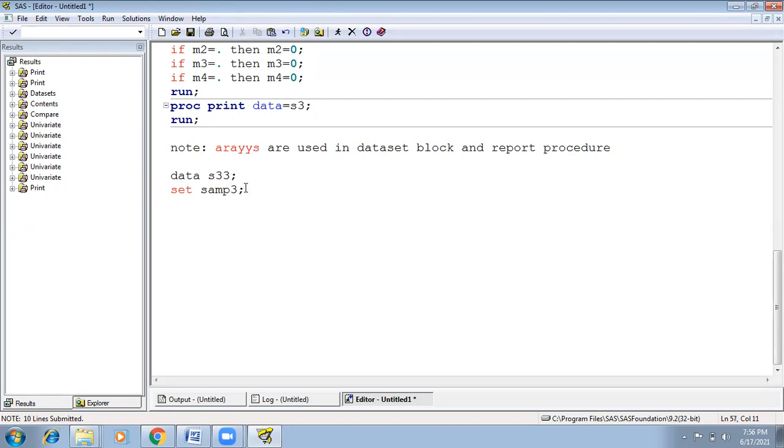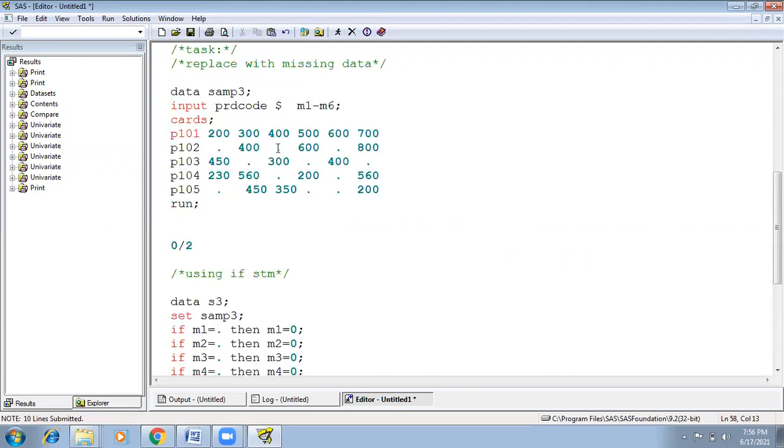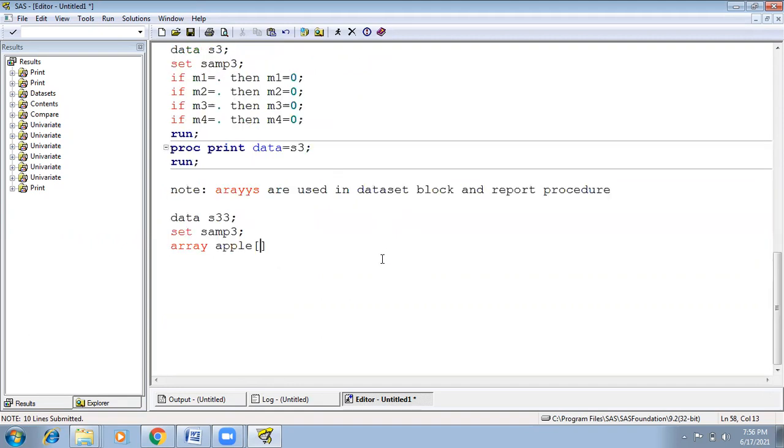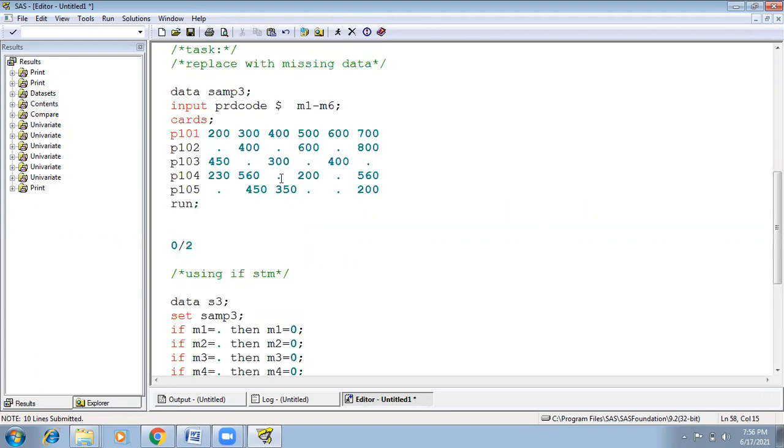See here, set sam3. This is one of the data set blocks, right? The array name is apple. Here we can use the length of the array. What is the length of the array here? 6, right? 1, 2, 3, 4, 5, 6. What is the data type of these variables? Numeric, right?